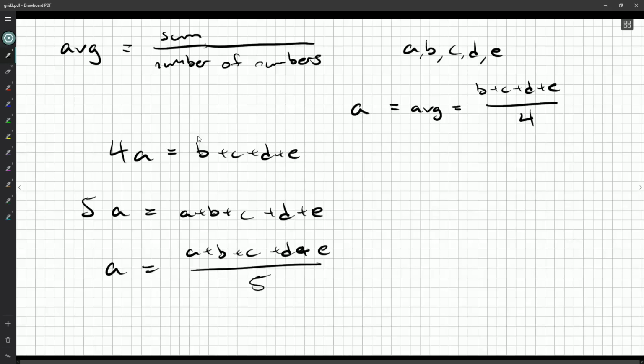Okay, this is true in general. If I have a group of numbers, like 1, 2, 3, 4, 5, and I take their average, which is 3, and I just keep adding 3 into the group, that doesn't change the average. So 1, 2, 3, 4, 5, 3, 3, 3, 3, 3, 3, lots of 3s, but the average doesn't change. Adding in the average to your list of numbers doesn't change the overall average. It can change other statistics, but not the average.